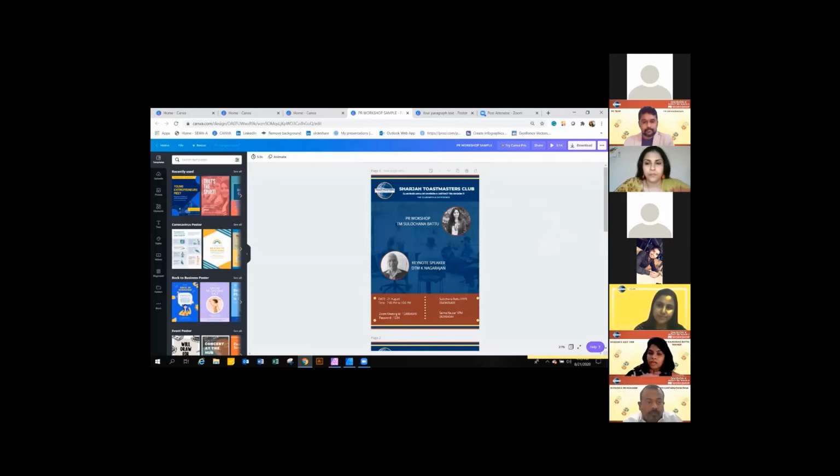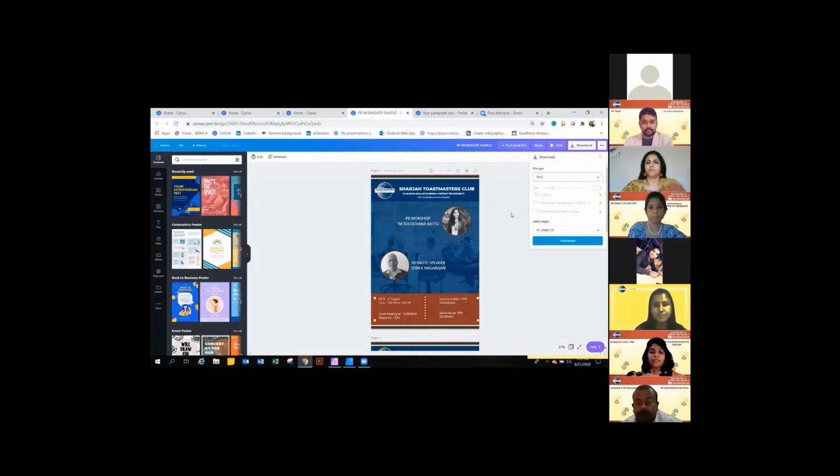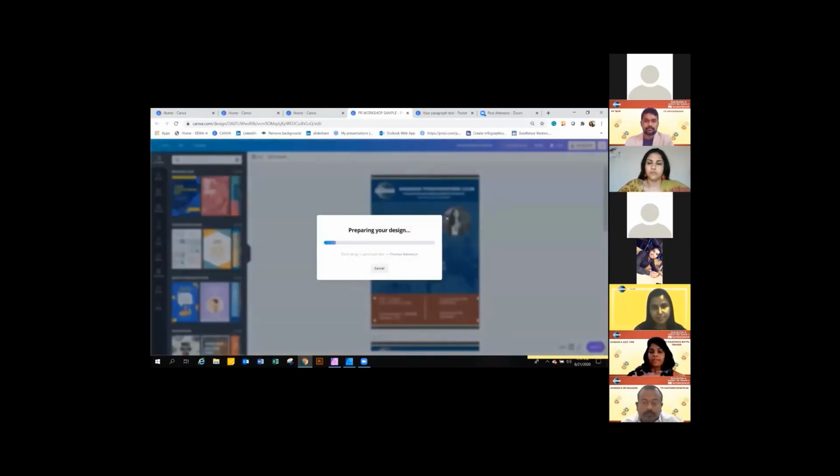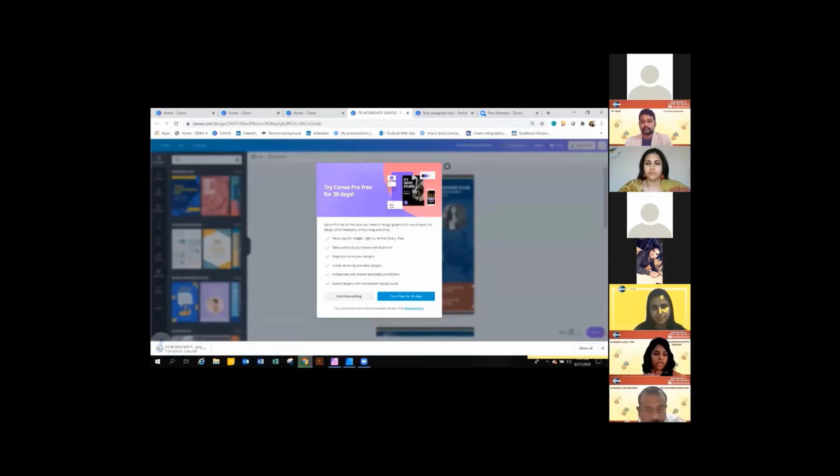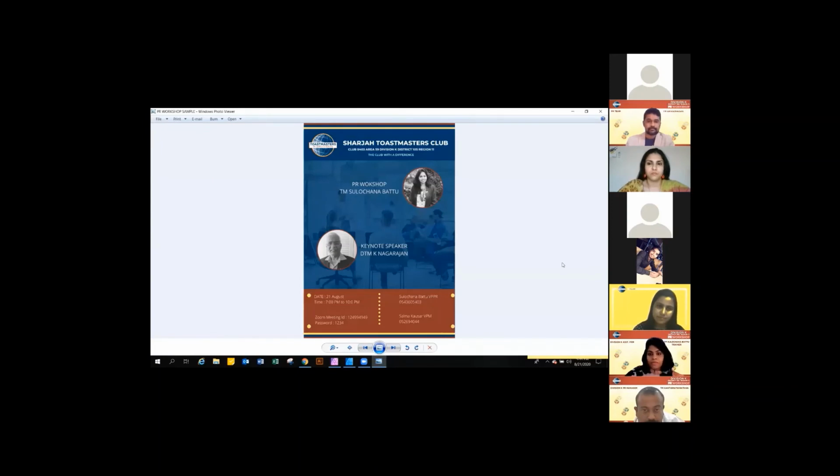Okay, so the last feature I would show is how to download. On your screen, right-hand side, top, you would see an icon called download. Click on download, click on PNG format. The best format you can use, because you're going to share on your mobiles or on Facebook or anywhere, is PNG format. This would give a high definition and high quality poster. So you click on this and then you click download. Once you click download, it would prepare the entire design and it would be downloaded on your laptop or computer, wherever it has to be. So this is how the poster looks.